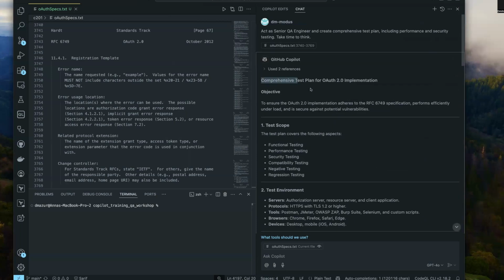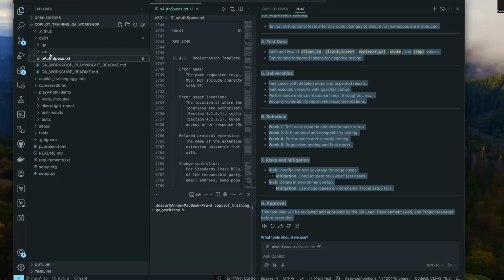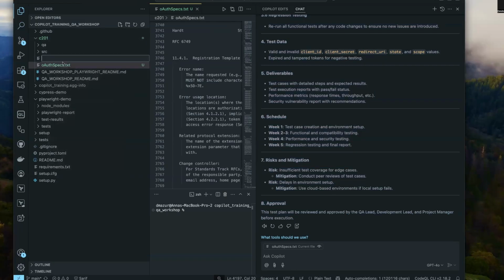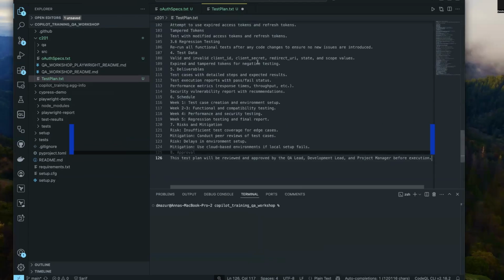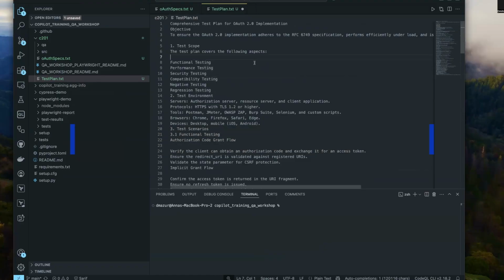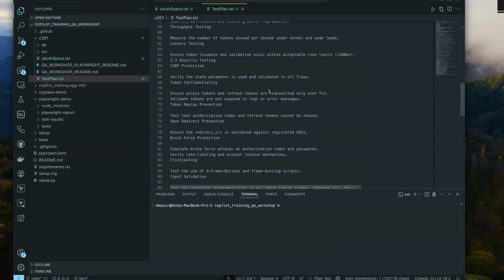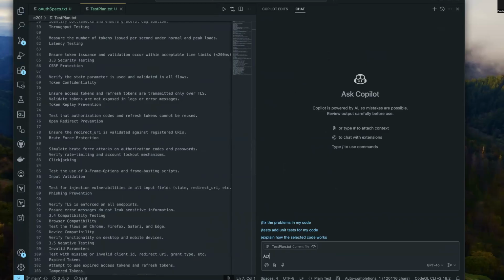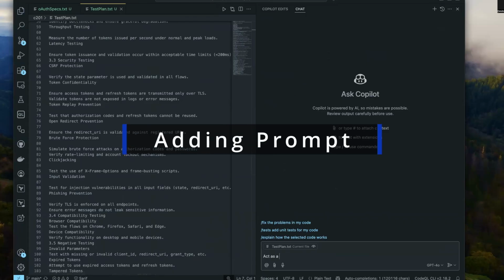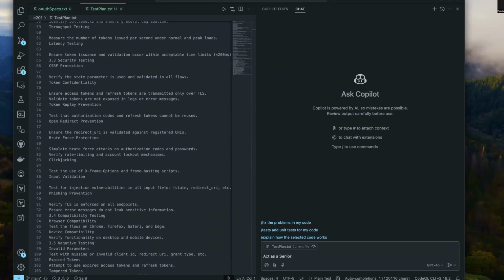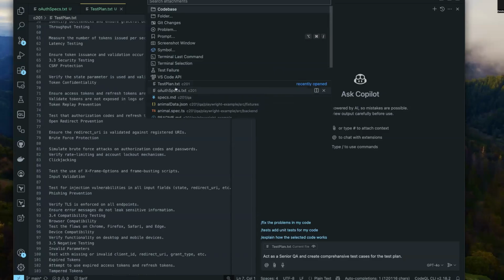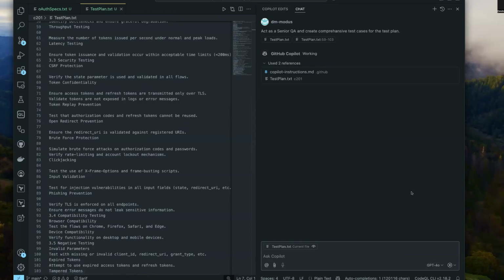Now I can copy this plan, put it into another document. So I have my test plan inside this documentation. Now I can create test cases for it. Open a new chat, same here. You can attach the file as a context, and then